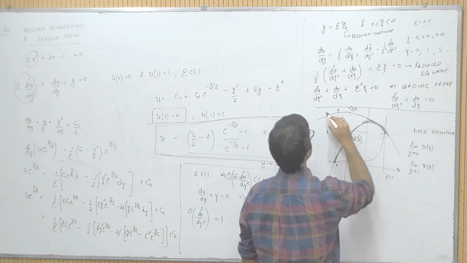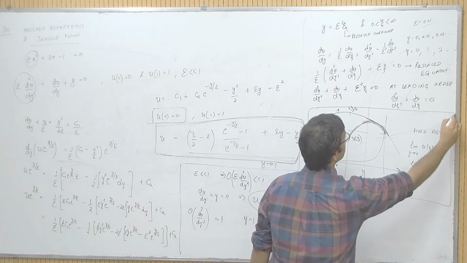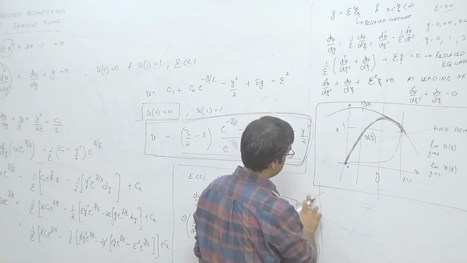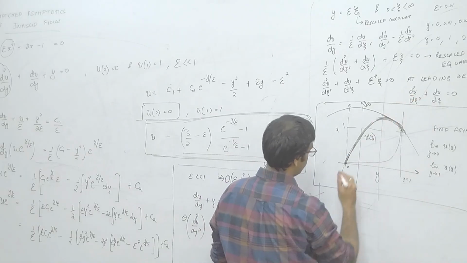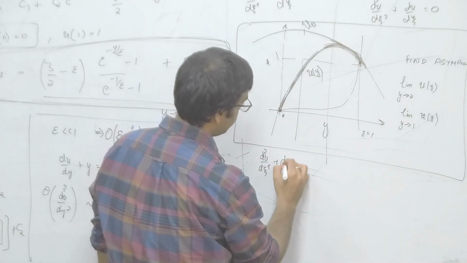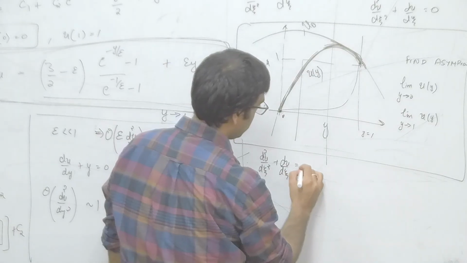Okay, this is a separate discussion. I am continuing here. So, at leading order we have d2u by dc square plus du by dc equals 0, which means